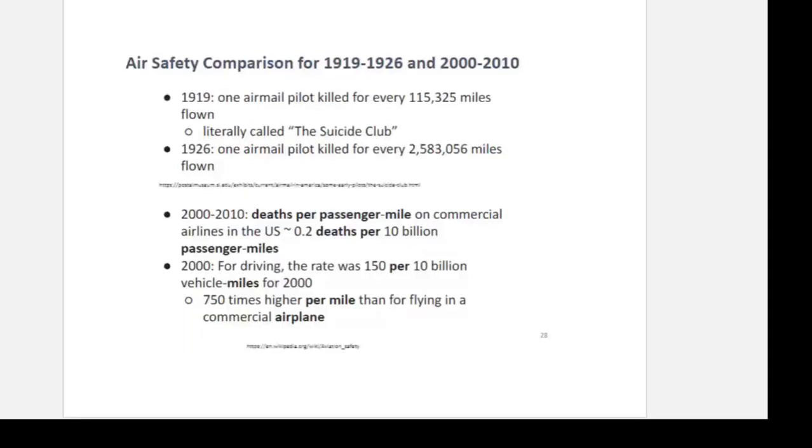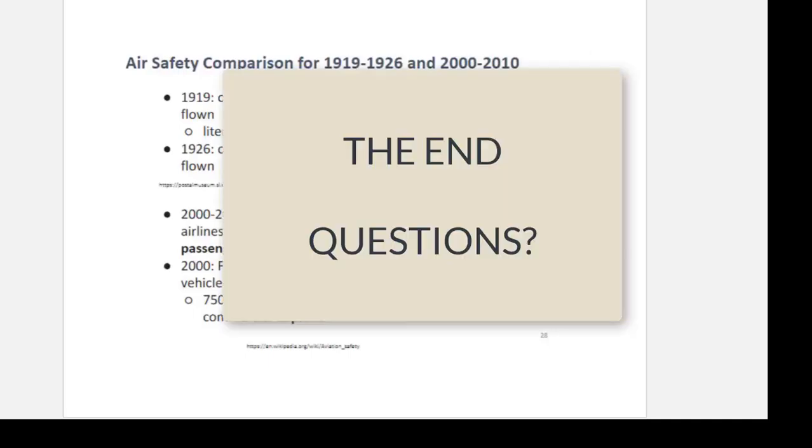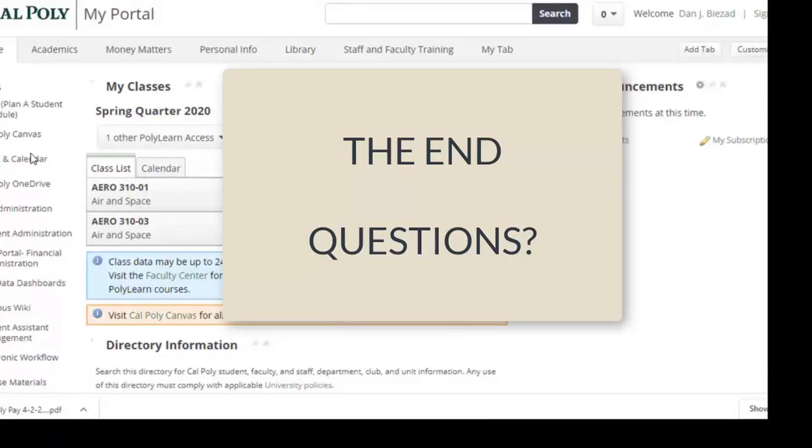For example, I might skip this view graph about the data on the pilots. I'll just say, here's some data that you can look at to see how dangerous it was, and I'll go on to the next view graph. That is going to end the introduction to